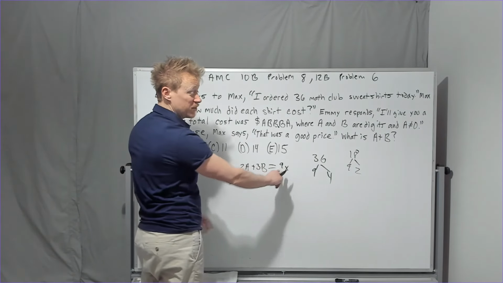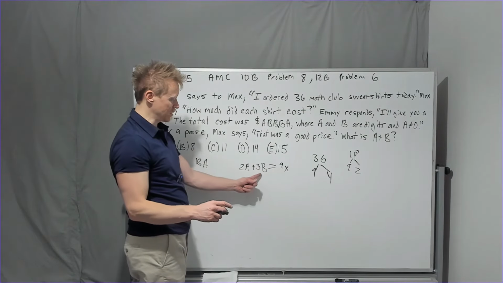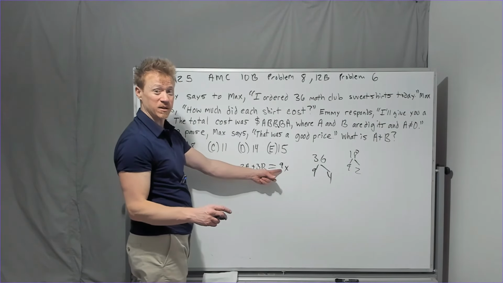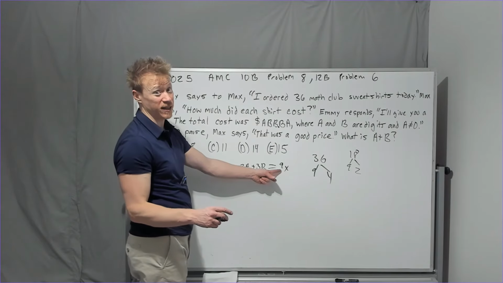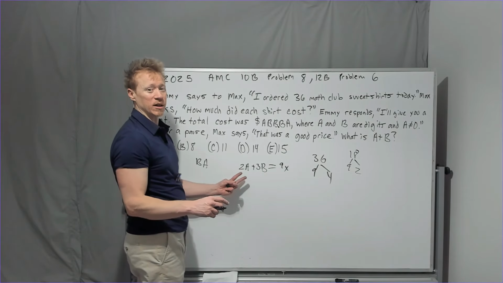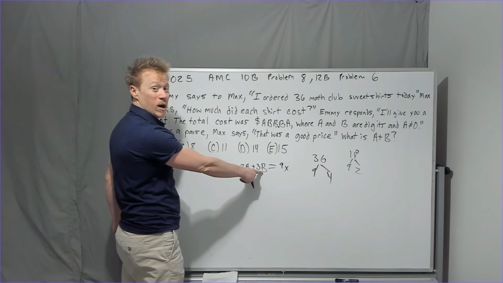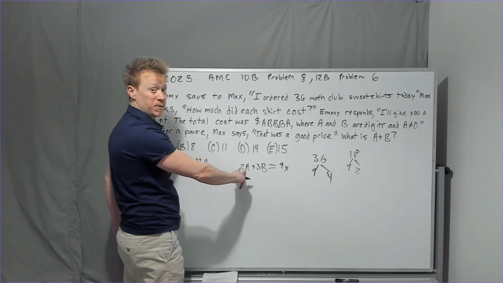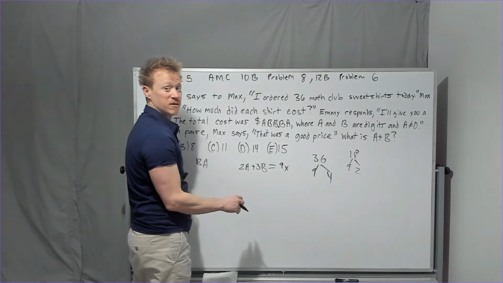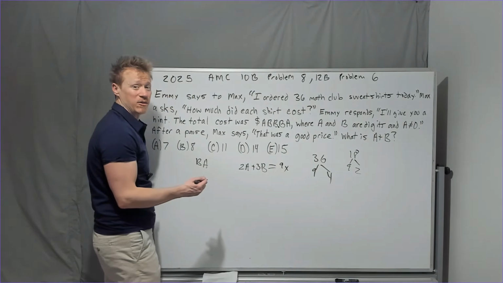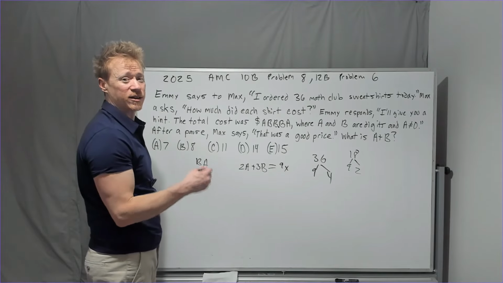This is a multiple of 9, and this is a multiple of 3. The only way this is going to be a multiple of 9, which is a multiple of 3, is if I add a multiple of 3 to another multiple of 3. It doesn't matter what B is. This is a multiple of 3. If this is not a multiple of 3, you would never get a multiple of 9 because 9 is a multiple of 3. Okay? This is a theorem, or a property, that you learn in Intro to